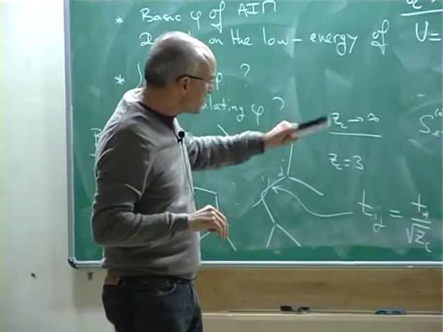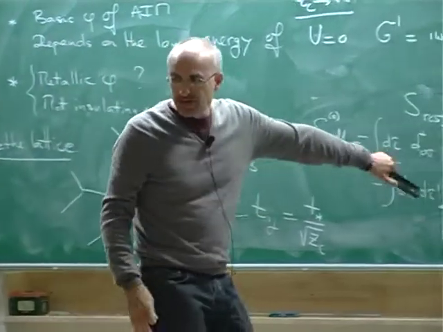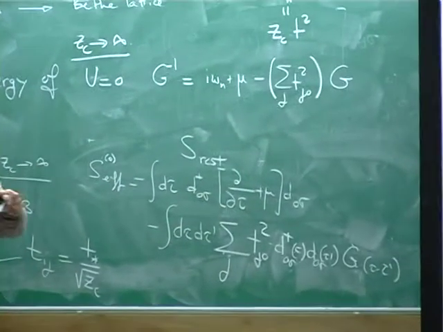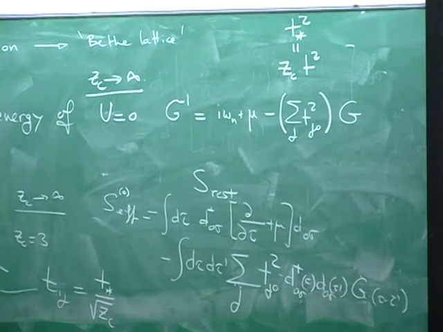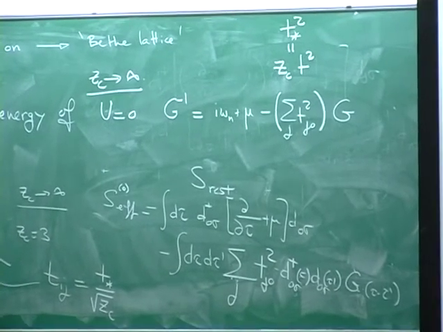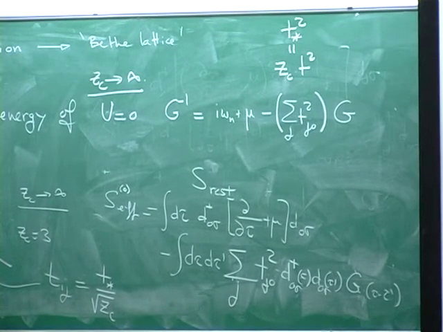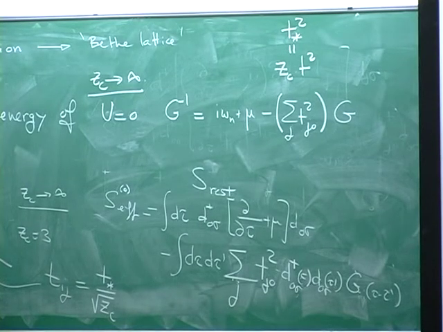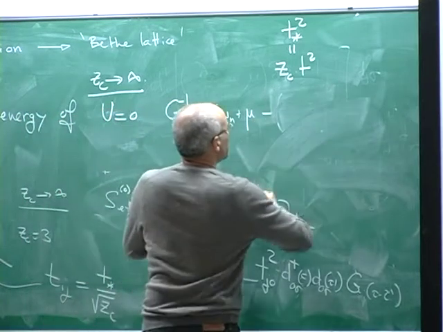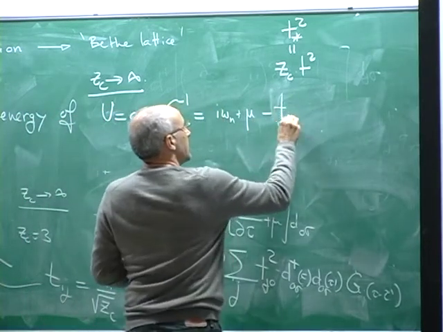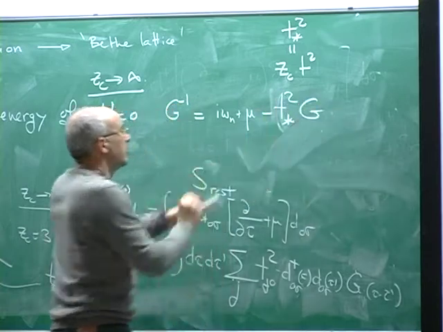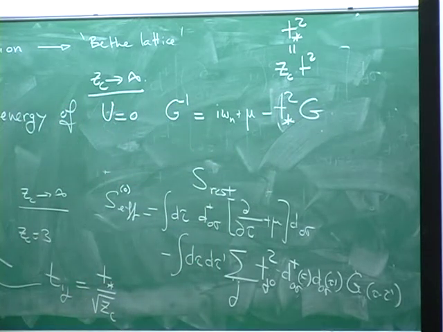But in this case, the cavity construction is a bit more complicated because different sublattices can actually still communicate, even in the presence of the cavity, and the final equation is a little bit different. But the philosophy is the same. Okay, so let's look at this equation. Here you see this equation becomes t star squared G. Anybody can solve this equation. This is a quadratic equation, right? And so what you will find